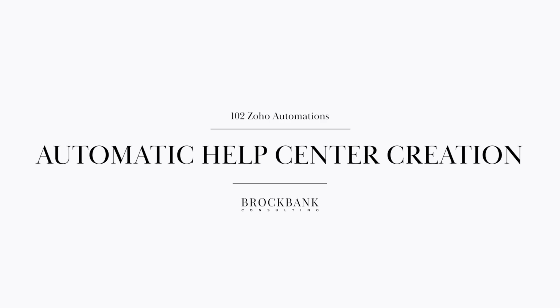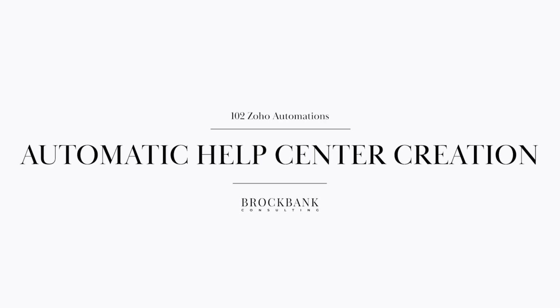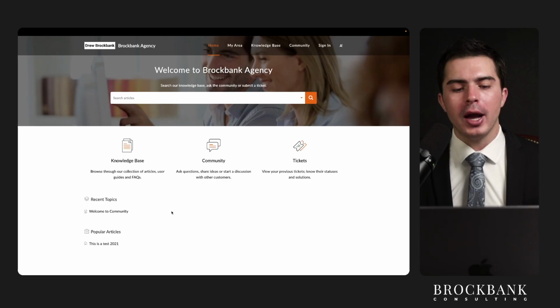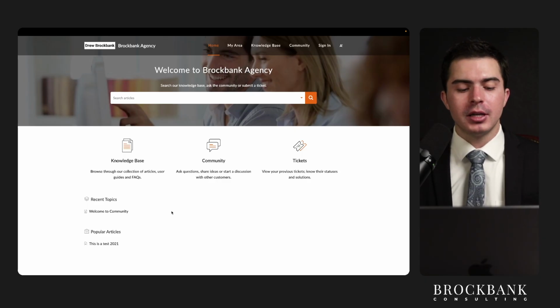Let's talk about this automation where you bring your internal knowledge base and you make it public on your microsite. This is a Zoho Desk thing, by the way. Essentially what we're talking about, to take a step back, is when you're doing customer service. So this is very important for those of you who are big on customer service. You're answering all these questions, you're resolving all these tickets, and you answer some of these questions so much they